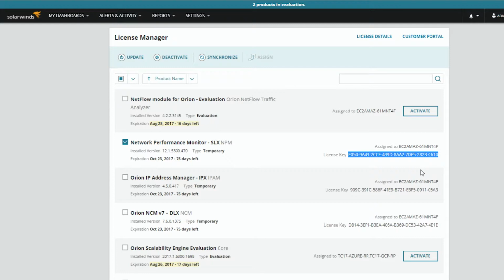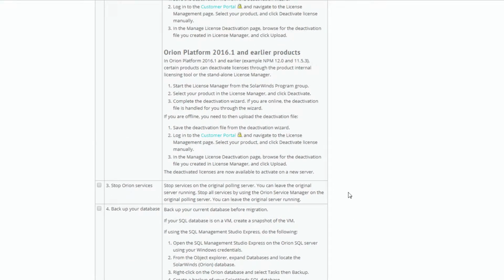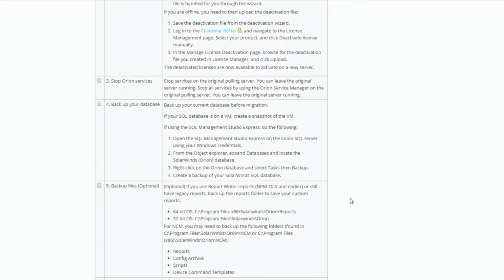Okay, so you're going to deactivate all of them, right? Then you're going to go back to your new environment. Assuming that you're going to move the database, there's a separate guide for migrating the database, and I'm going to talk about database next because there are some special considerations with cloud. But you'll relocate the database if that's what you're going to do. There is one change that you're actually going to want